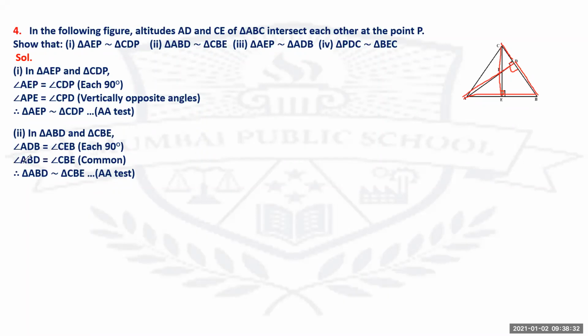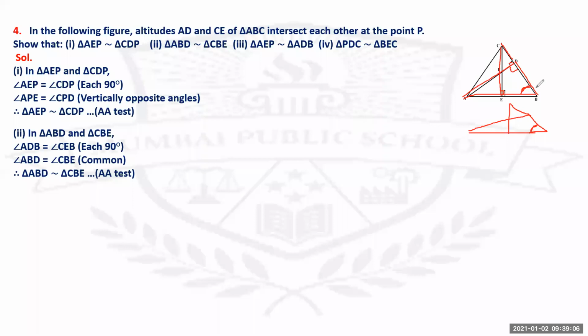The next is angle ABD and CBE. Check, when you're considering these two triangles, the first triangle is in this form here, and the next triangle is shown like this. Understand? Check this angle which is there. It is present in the first triangle as well as the second triangle. So such kind of angle is called the common angle. So you'll get angle ABD. Check this.